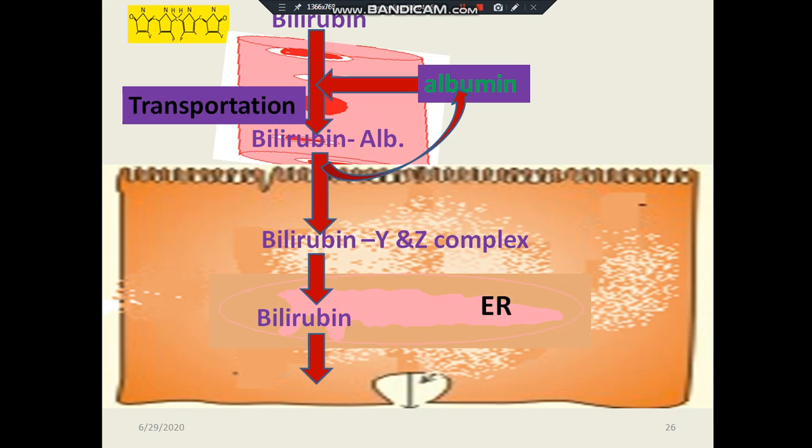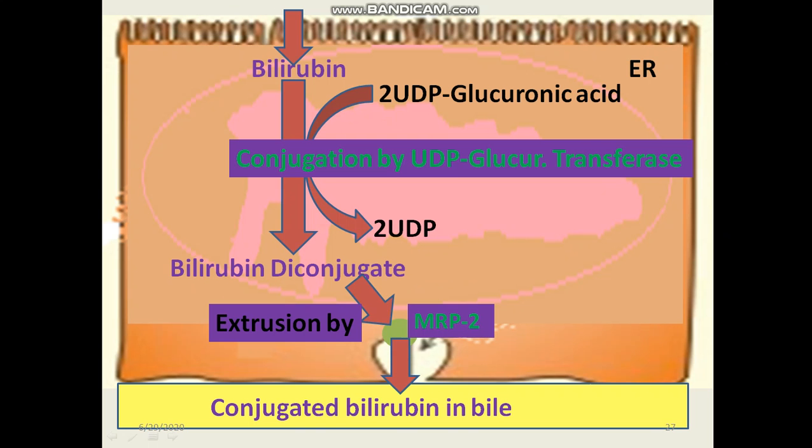This bilirubin, which is formed in the plasma, binds with the albumin present in the blood and forms a bilirubin albumin complex. This bilirubin albumin complex goes to the sinusoidal surface of the liver. Albumin is released back into the blood, and bilirubin crosses into the liver cells. This binds with ligandin Y and forms the Z complex. The bilirubin comes to the endoplasmic reticulum